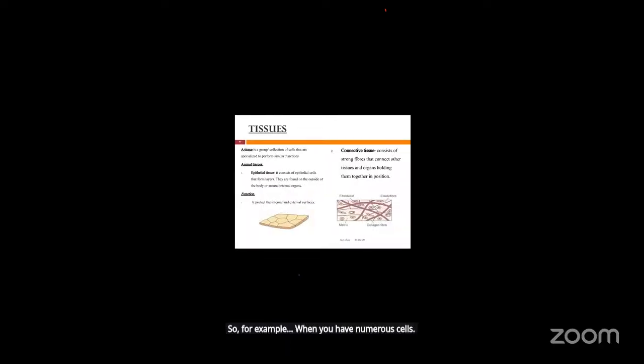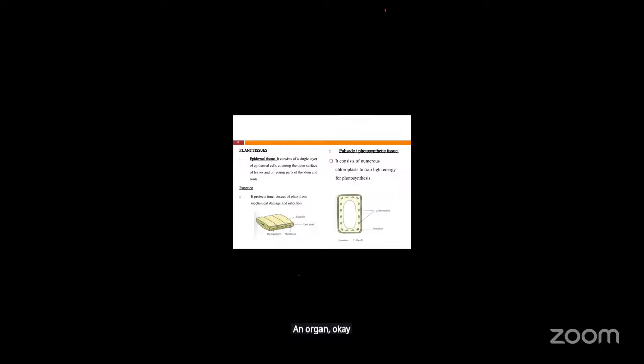For example, when you have numerous cells, you form tissues. Okay, so we move from very many cells which will form a tissue. A tissue is going to connect with another tissue and form an organ. Okay, so when an organ is formed,